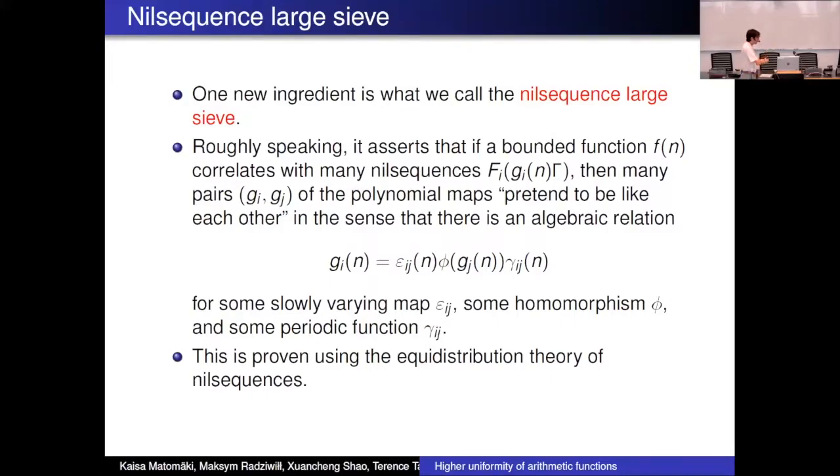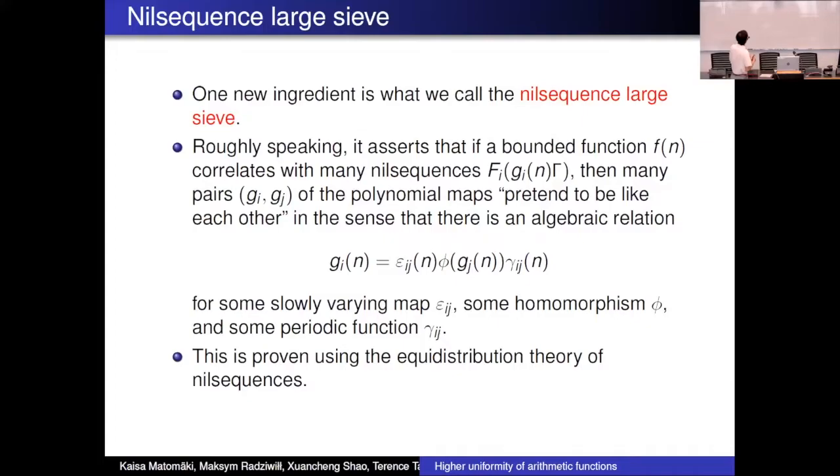And there's a generalization. First of all, you can generalize to polynomial phases. If you have a bounded sequence that correlates with a lot of polynomial phases, then by Cauchy-Schwarz and the Weil estimates, you can show that many of the polynomial phases that they correlate with differ by major arc coefficients, so that they pretend to be like each other, in Andrew Granville and Sound's language. And there's something similar for nilsequences: if a single bounded function correlates with many nilsequences, then these nilsequences must pretend to be like each other.